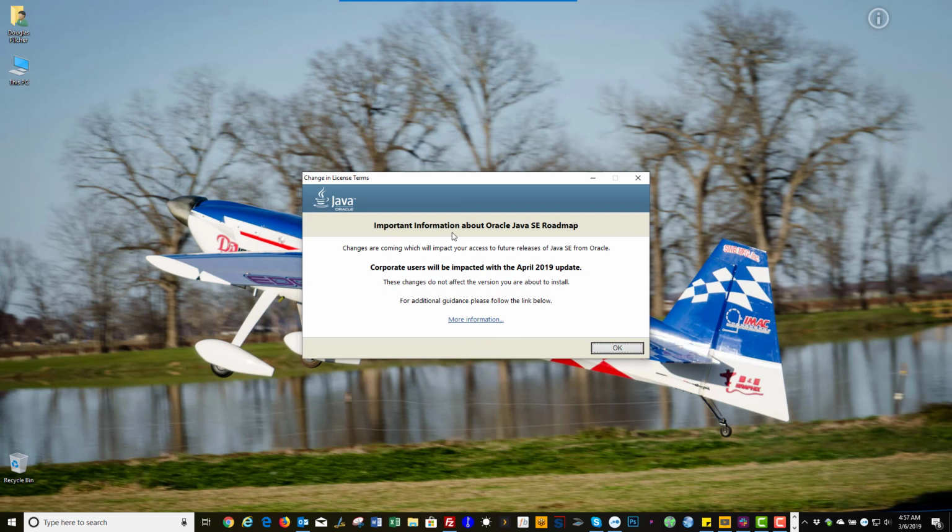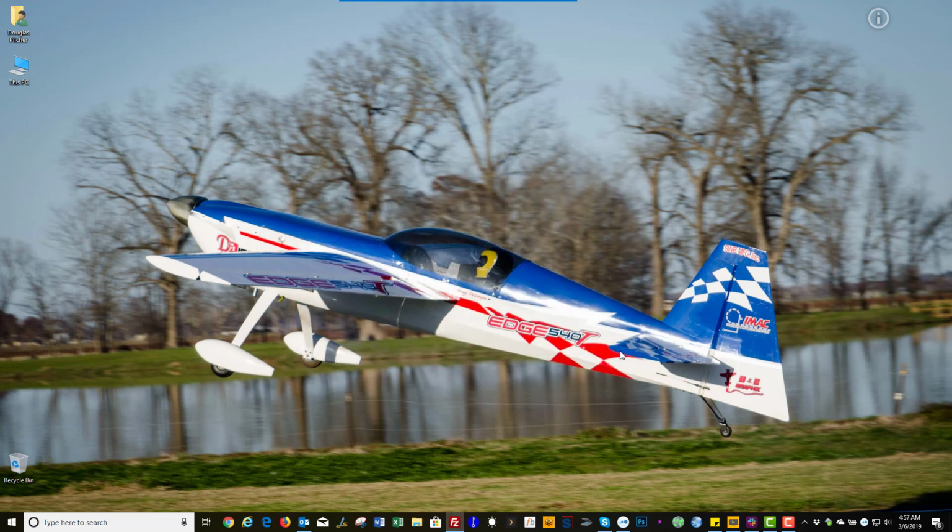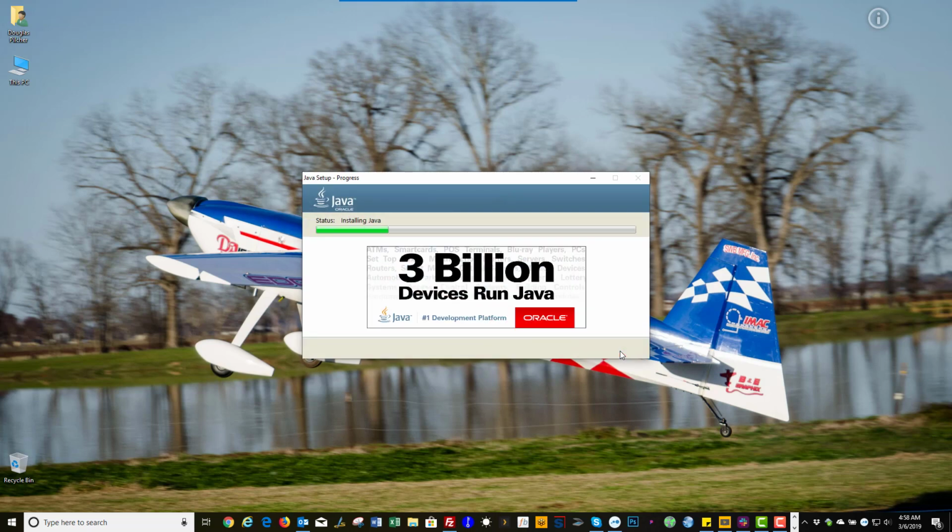So install, gives a little important information again. This here is talking about changes coming in April of 2019. But again, these all refer to browser activity, not outside Java programs, which is what Score is. So I'm going to hit OK. And then the installer will go out to the Java website and it'll download all the other components needed for Java